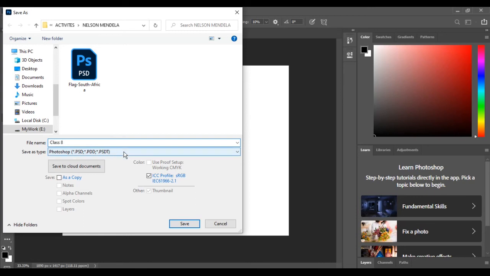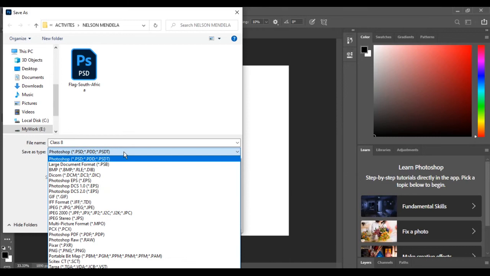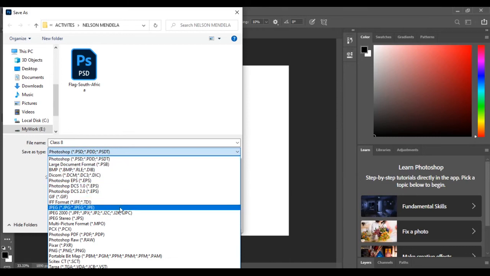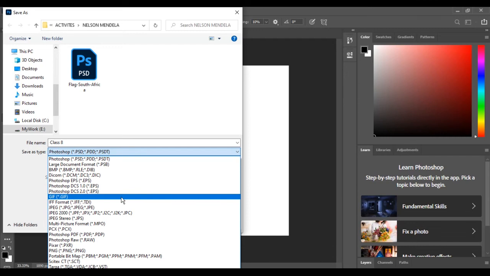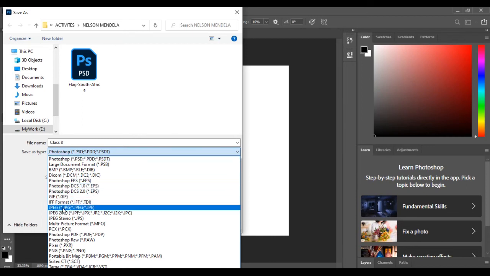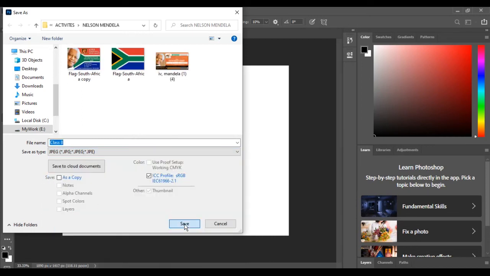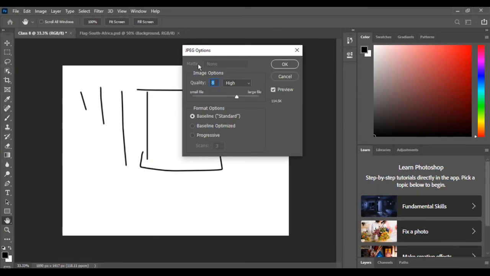If you want to save as a Photoshop format, then you can select Photoshop. If you want to use other formats like JPG, GIF and other picture formats, then you can select as per your requirement and save. A dialog box will appear. Select the quality of your picture. Like we want the highest, maximum quality. As you increase the quality, it will also increase the file size. Click on the OK button to save your file.